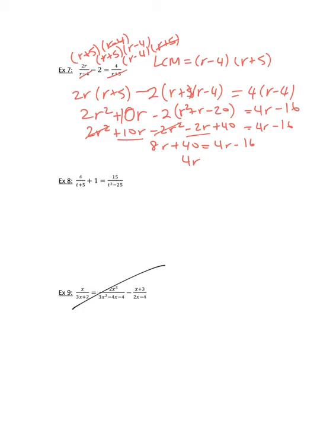I'm going to subtract 4r and subtract 40 on both sides. I get 4r equals negative 56. So r equals negative 14. Okay, and I just double check that that value doesn't give me 0 in any of my denominators. So therefore I accept it. I don't reject it. Okay, example 8 is an example where you're going to have to look at the denominators